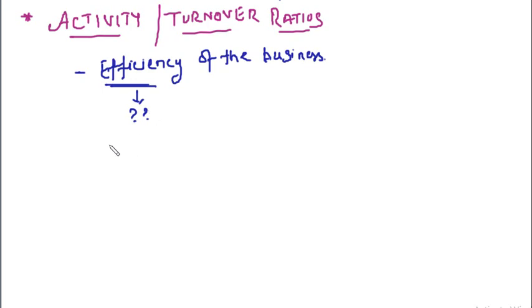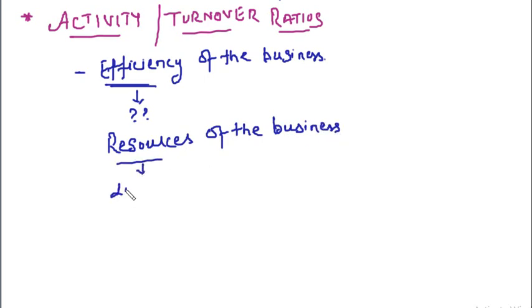Right? Efficiency related to the various resources of the business. Resources like labor, material, right? So activity or the turnover ratios tell us about the efficiency related to the efficient utilization of the resources of the business,